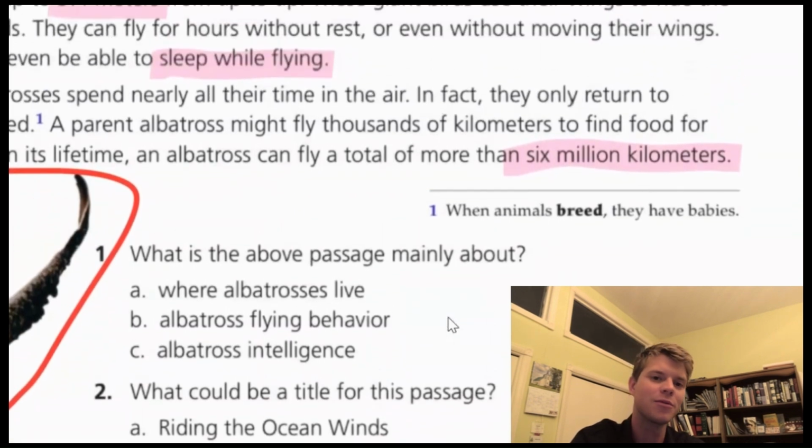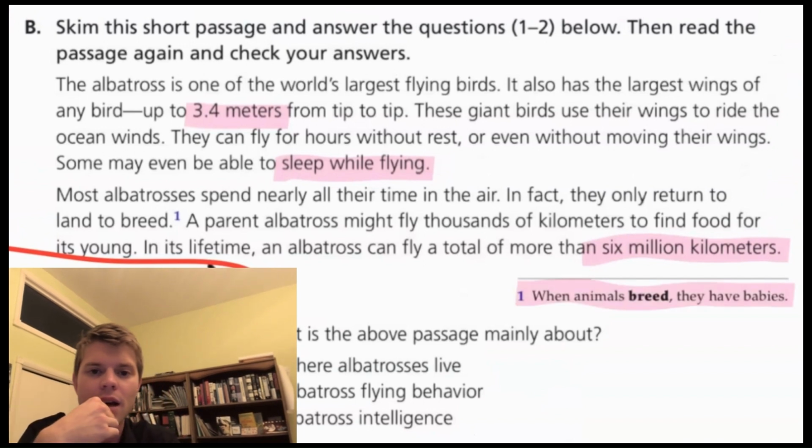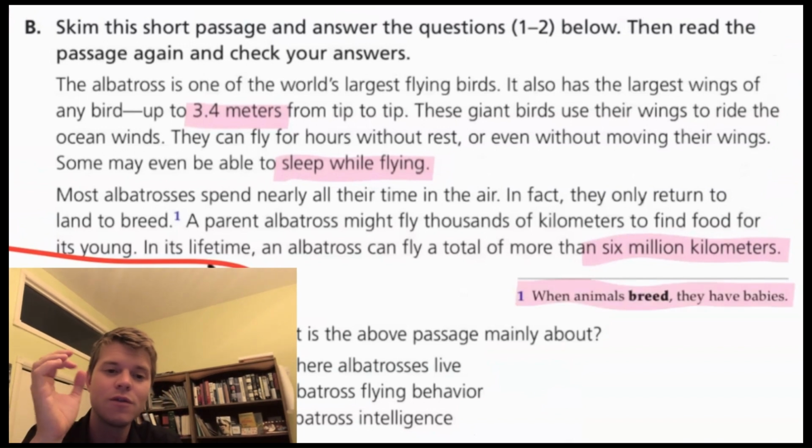Okay, let's go back and let's read it. The albatross is one of the world's largest flying birds. It also has the largest wings of any bird, up to 3.4 meters from tip to tip. These giant birds use their wings to ride the ocean winds. Very cool. They can fly for hours without rest or even without moving their wings. Some may even be able to sleep while flying. What? Most albatrosses spend nearly all their time in the air. In fact, they only return to land to breed. That means to have babies. Breed. A parent albatross might fly thousands of kilometers to find food for its young. In its lifetime, an albatross can fly a total of more than 6 million kilometers. Okay,